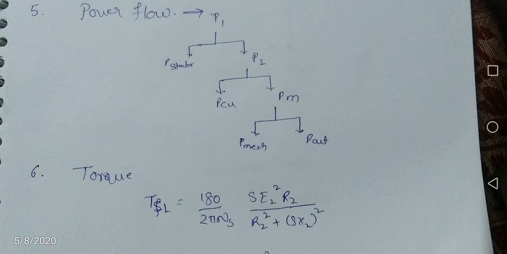So here the important thing is the rotor frequency. At standstill condition, rotor frequency equals stator frequency, and at running condition, rotor frequency equals slip times the stator frequency. Under running condition the frequencies are very low, in the order of 1 to 5 Hz, and under starting condition the rotor frequency is high.